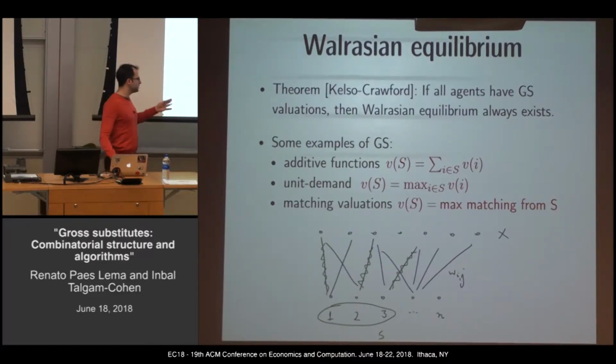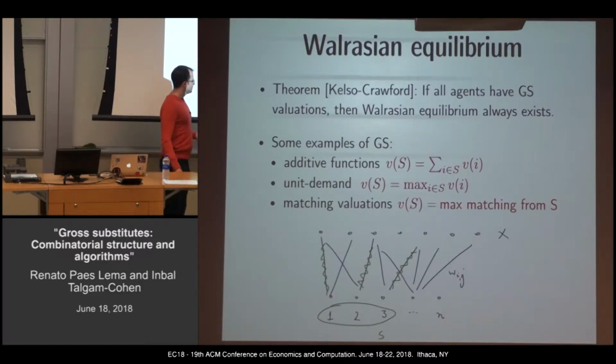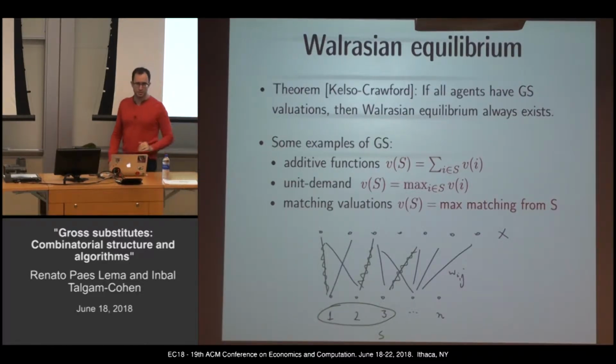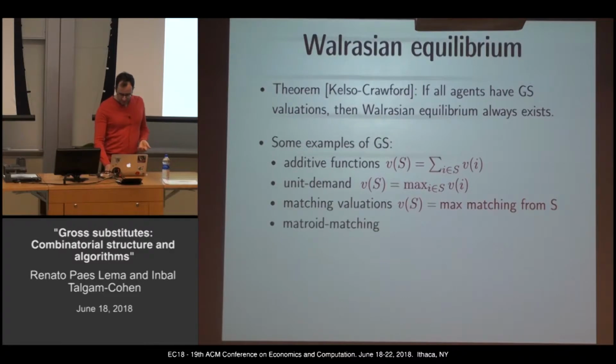And economists really like this because they talk about job market allocation. Let's say there's a bunch of positions that you have in a firm. There's a bunch of possible workers you can hire. That's the value of having those workers assigned to this position. And you cannot assign two workers to the same position. What's the maximum value you can get off those workers? That's what they usually, in contract theory, like to talk about as matching valuations. Good, so that's a nice, interesting class.